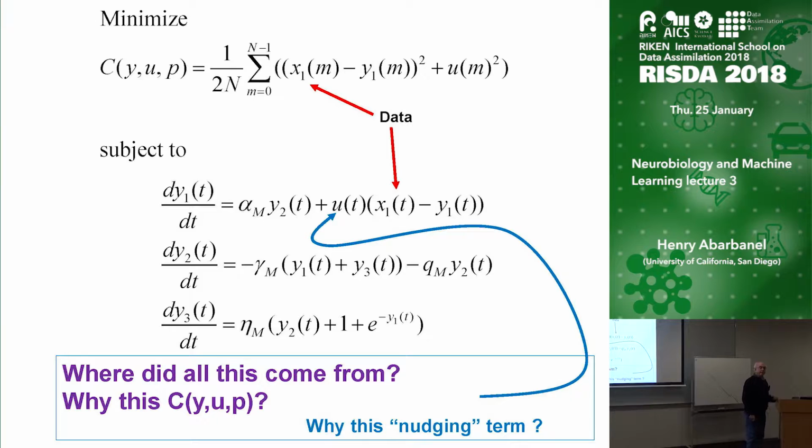Henry, up there in the minimize you have a sum over indices, and below it's continuous. I learned from Sebastian Reich a couple days ago that you always think about everything in discrete time, but you write it sometimes in continuous time for convenience. So I give you the homework assignment of rewriting the differential equations in discrete time, because that's how we solve them. So the n is the time index of the numeric method. Oh, is that your question? Yes. So you have continuous observations essentially. They were pretty frequent. Yeah, okay.